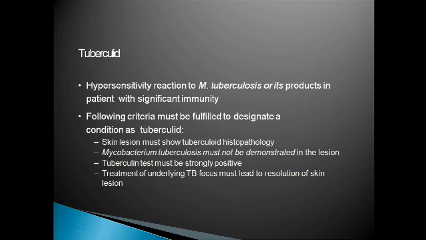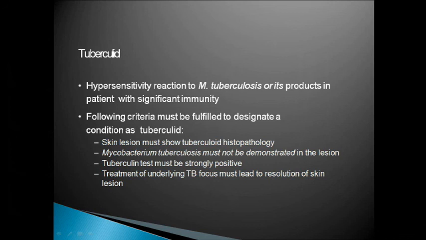First thing is that the histopathology will resemble the histopathology of tuberculosis. In some cases necrosis, some granuloma should be there. Second thing, MTB should not be there. This is a tuberculid, tubercular like, not tuberculosis. So it is basically a hypersensitivity reaction to MTB. Third thing, if we treat underlying TB, this tuberculid should also go.